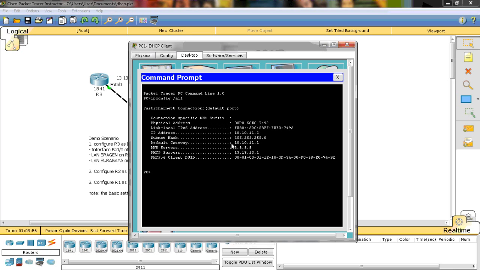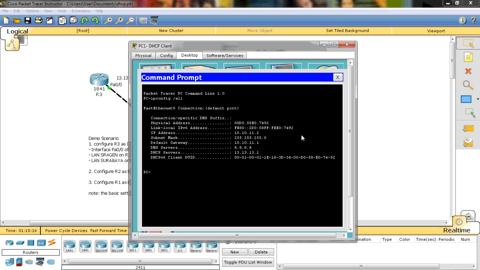The default gateway is 10.10.11.1. This is the default gateway, like we configured in the DHCP server for the Surabaya pool. And the DNS server is 8.8.8.8. This is the Google DNS server. And this is the DHCP server.